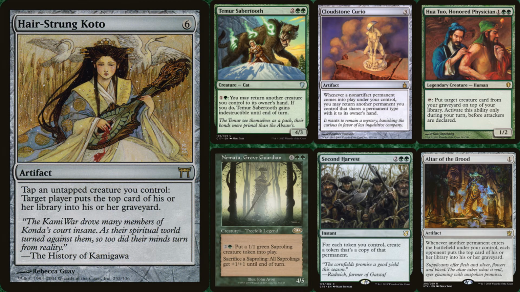Now, I also want to show the Altar of the Brood here, because Altar of the Brood only requires 100 things to come into play, and you don't have to tap them. So Hair-Strung Koto does have the weakness of requiring far more permanents, which have to be creatures. It does require you to tap them, so you can't hold them up as blockers, and if there is something like Blind Obedience, something that says creatures come into play tapped, that shuts down Hair-Strung Koto. But on the other hand, Hair-Strung Koto has